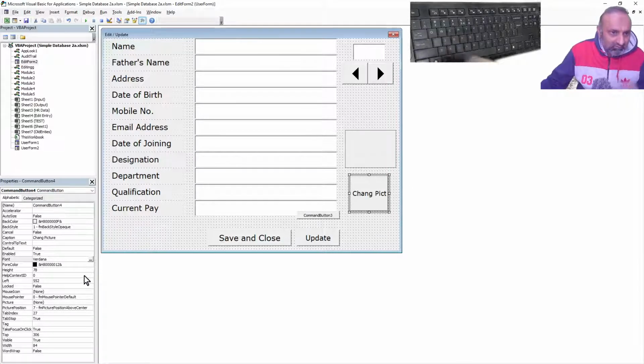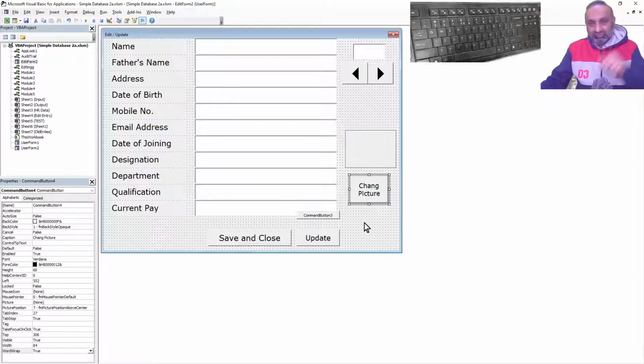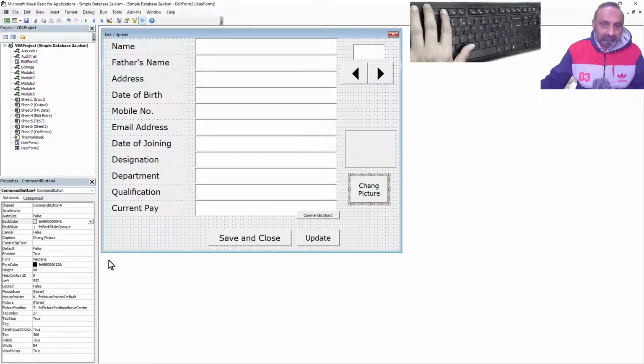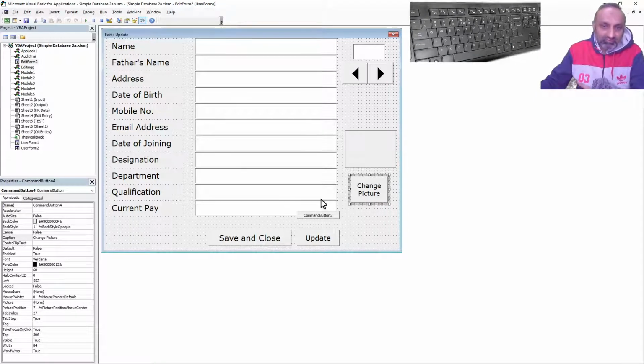And is there an option of wrap text? Yeah, word wrap. This is the last option. If I say true, you can see this is better now. Or instead of this text, you can have some sort of icon from the font gallery. So change picture. What I want to do is, let's go back to